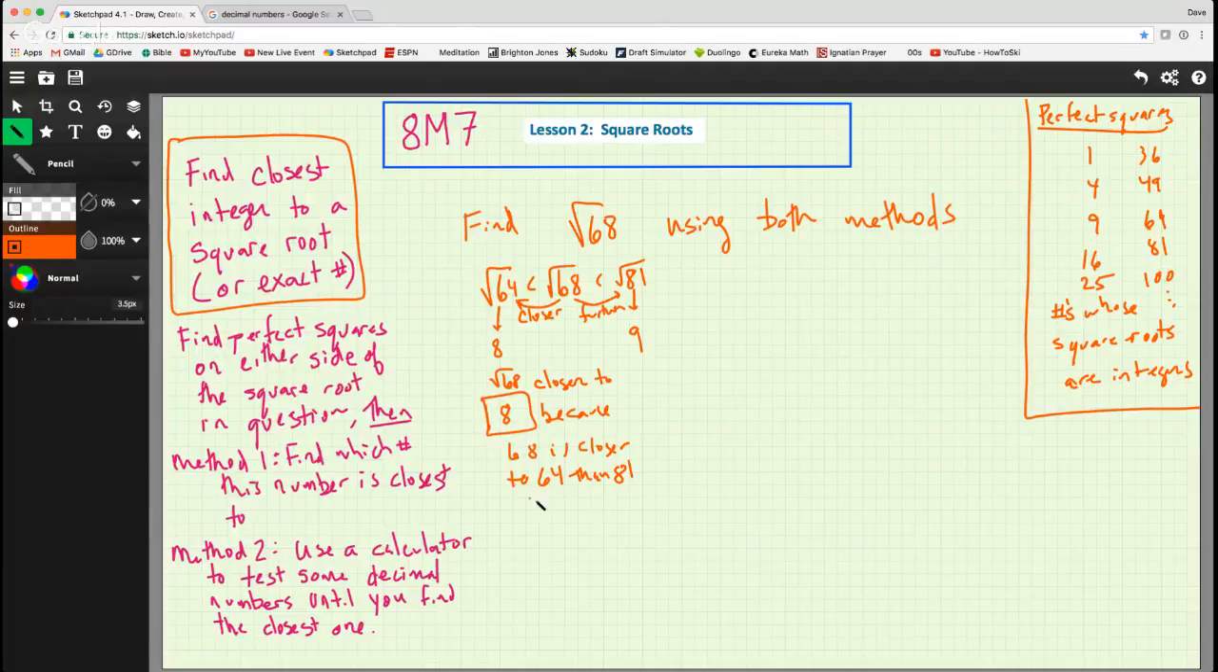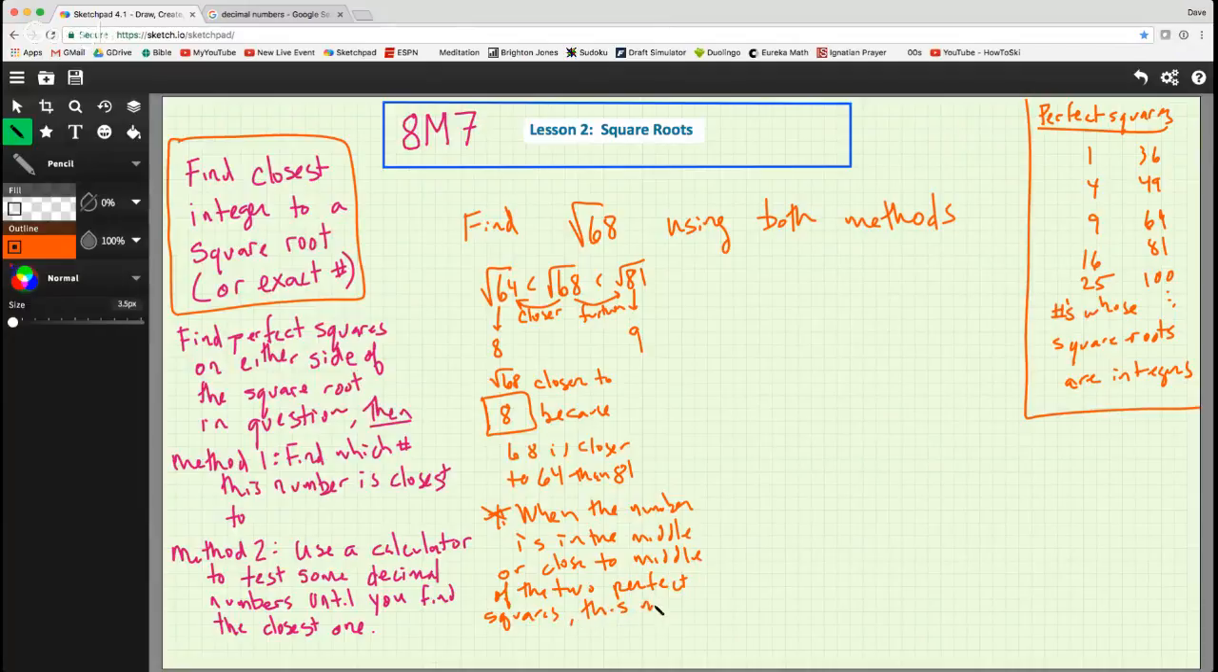Now I'm going to give a huge caveat, and there's some teachers who might be watching this video and say, whoa, wait, this is not perfect, and they would be right. When the number is in the middle or close to the middle of the two perfect squares,